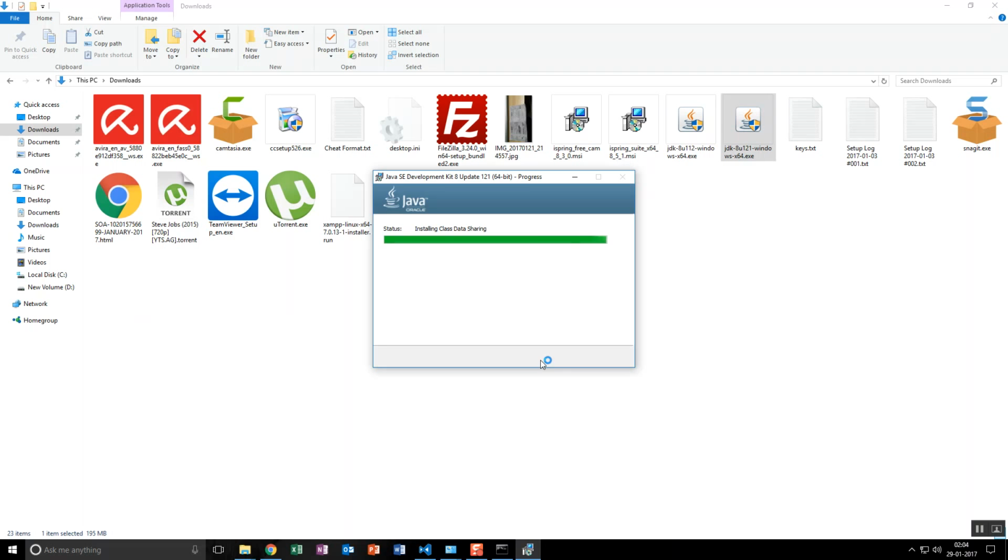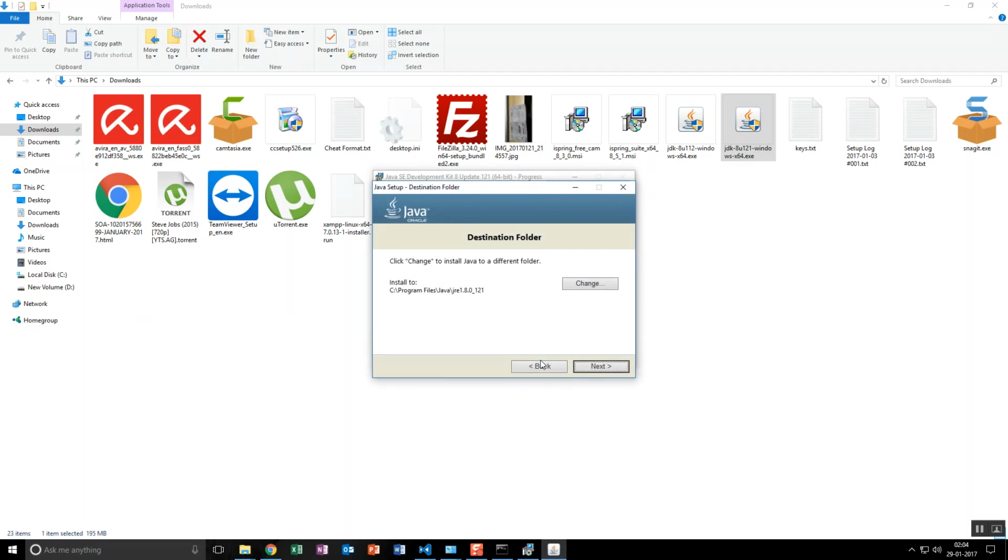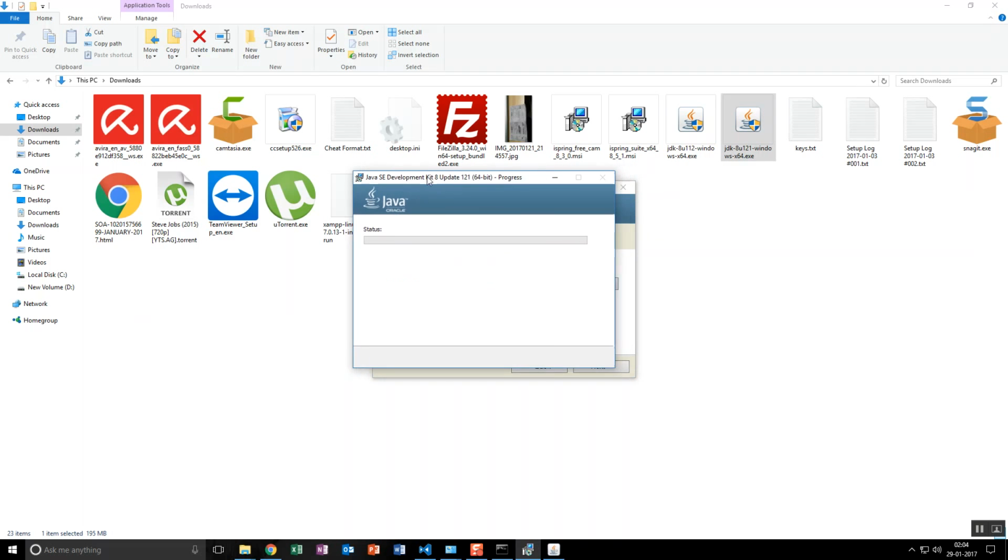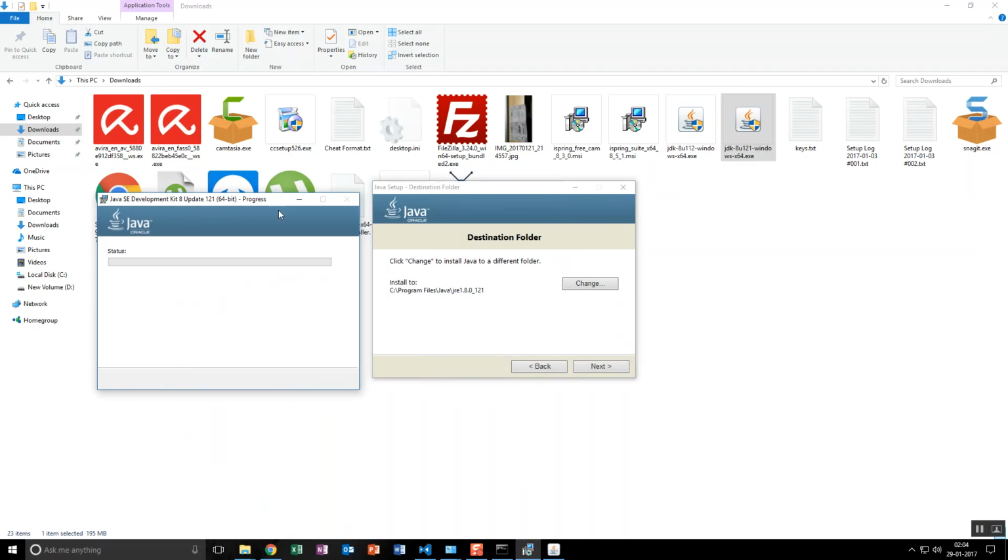Okay, see, it has pre-compiled classes and everything, so it will install, and it will ask you to set up the JVM also, that is the JRE, that is a specialty of JDK. If you download only the JRE, you can run Java applications, but you can't write Java code. Specifically, the JDK is the content which is required for developing Java, which has all the compiler libraries. The JRE is a runtime environment, which only has the runtime environment libraries.